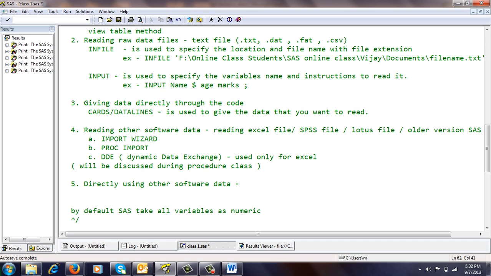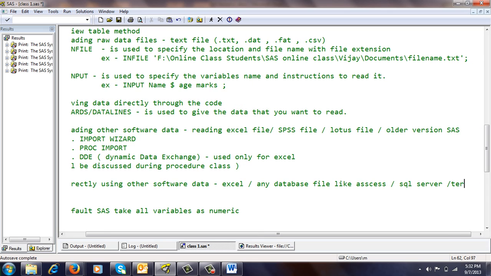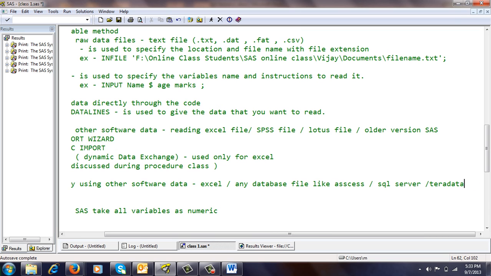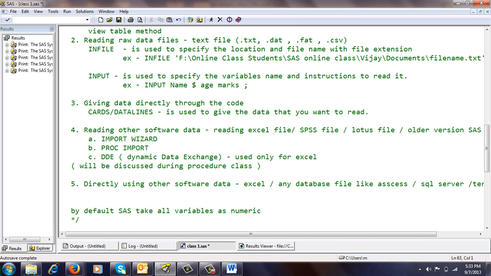In that case, you can directly use the Excel file without reading it, or any database files, like your Access, your SQL Server, your Teradata, all you can use here.